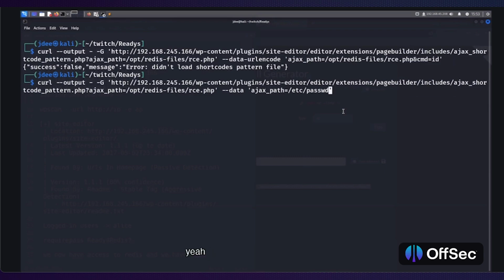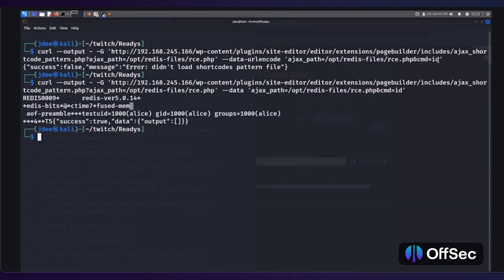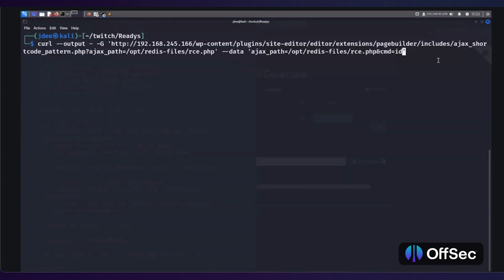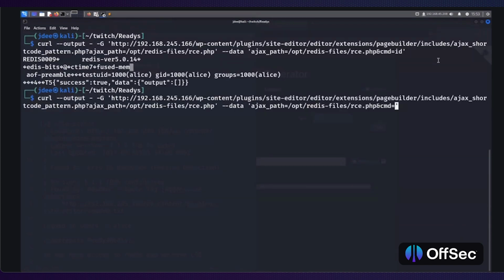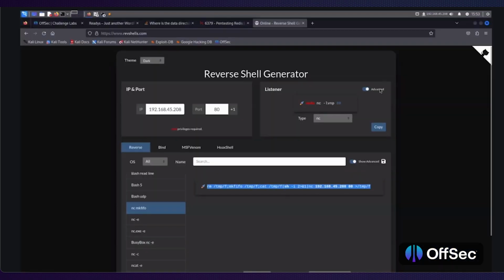Yeah, I made a really terrible mistake. So I can just do this again. I can just copy paste this itself, the Ajax path and CMD ID. Let's just see if it works. Okay, so this works. So now I can just use this payload again,